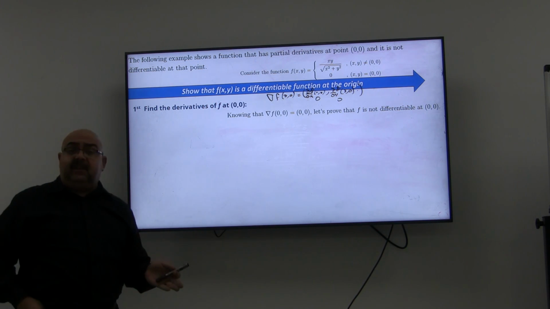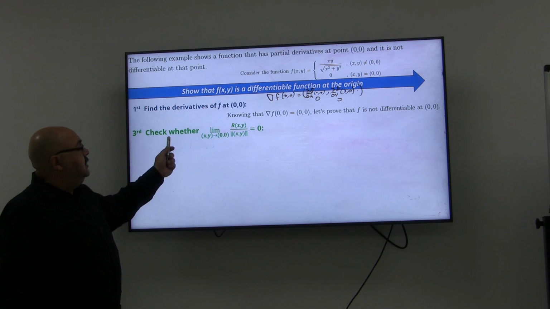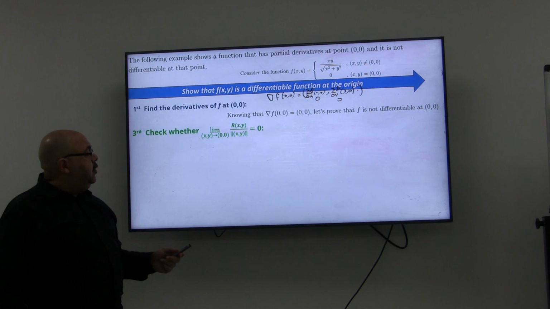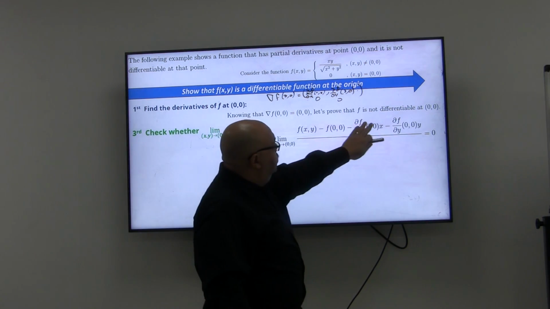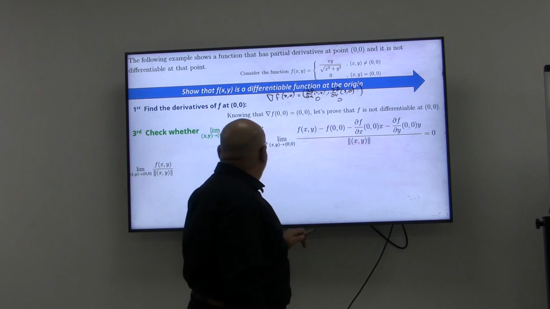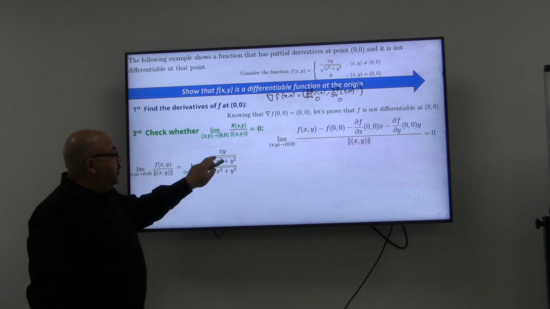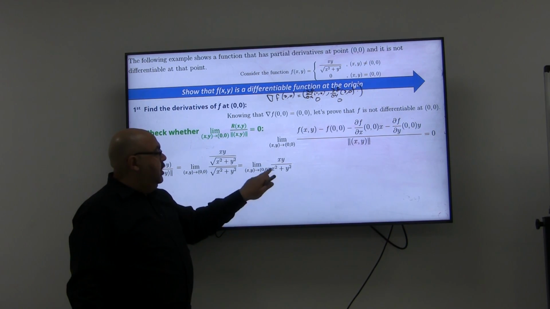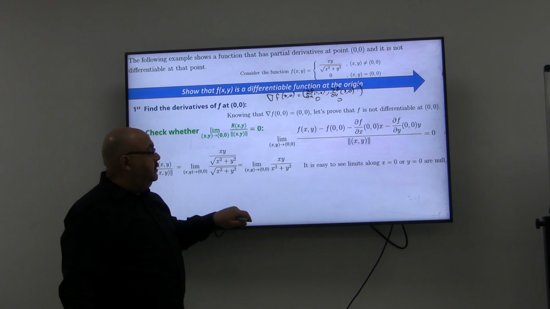Now let's prove that f is differentiable, which means I will go to the second step. The second step is to look at f of xy, which by definition is equal to the value of the function. So this is going to be 0, those are equal to zeros. So it's going to be f of xy, which is xy divided by the root of x squared plus y squared. The roots will be multiplied into each other. So it's going to be xy divided by x squared plus y squared. Once more, it can be approximated using